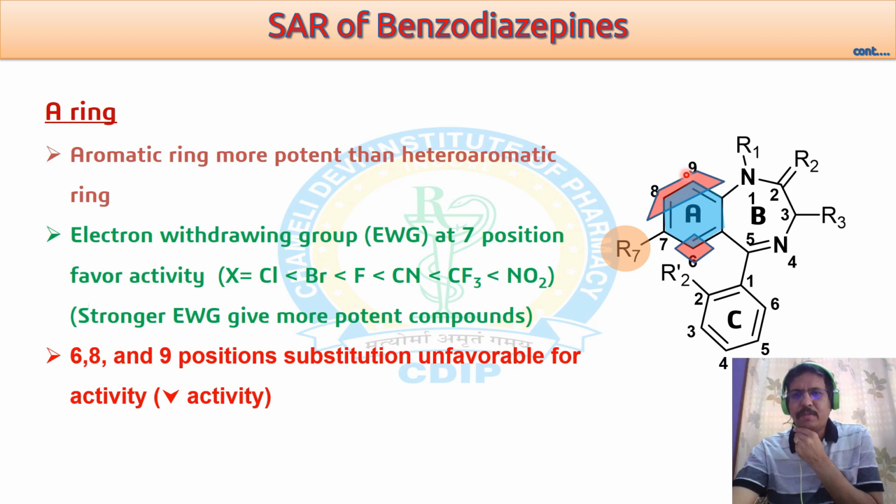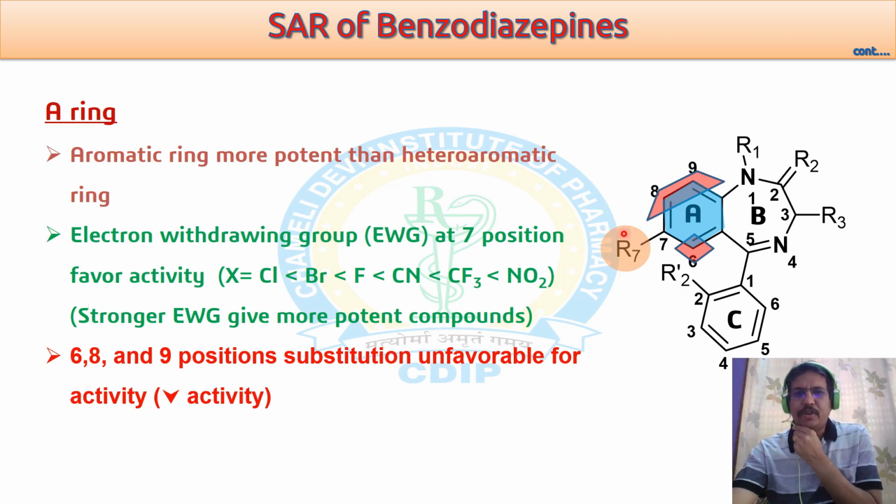If we do some substitutions at the 6, 8 and 9 positions, then the activity of the compound decreases, and the position which gives an opportunity to modify the activity is the 7th carbon,